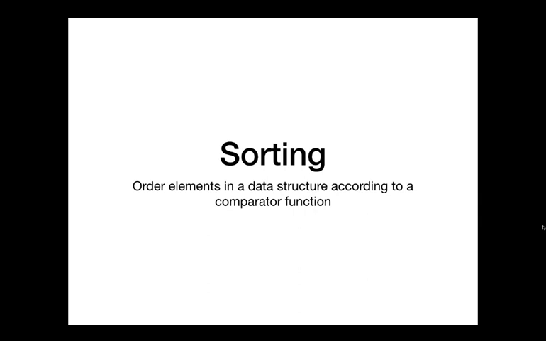So sorting, actual sorting, it's one slide without even any bullet points. Ordering elements according to some comparator. And the comparator is the key word we want to focus on today and on Wednesday. A comparator where, for example, if you just sort integers, you expect them to be from smallest to largest by default. But what was the comparator? How did we compare two ints to be able to get that ordering, and what does that even mean is